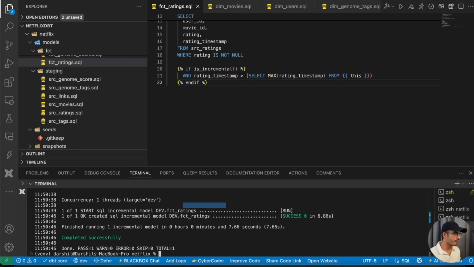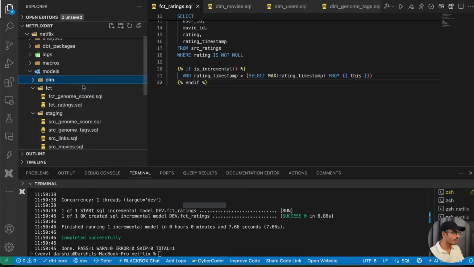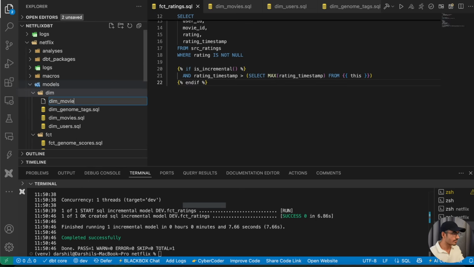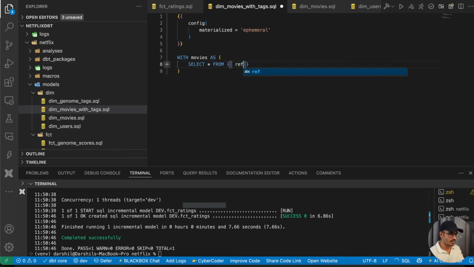We can also do the ephemeral, which can be something like this. So if you go to, let's say, the dim folder, create a new file as dim movies with tags.sql. All right, and I will do config materialized is equal to ephemeral. With movies as, let's say, select star from ref dim movies,